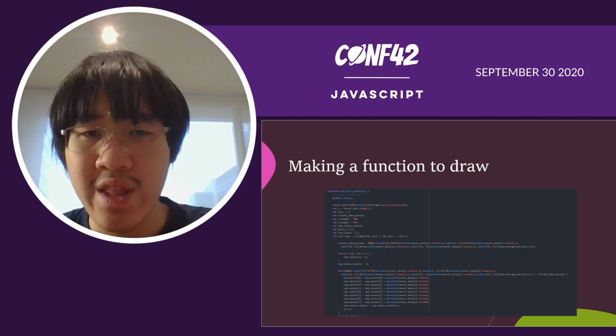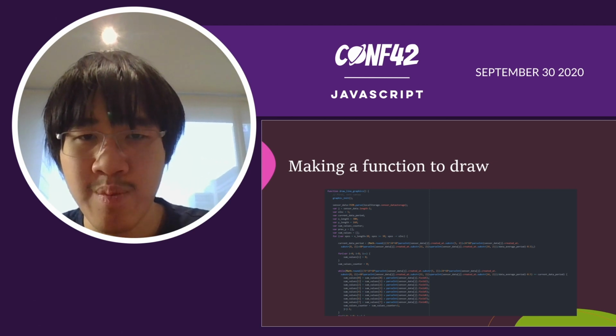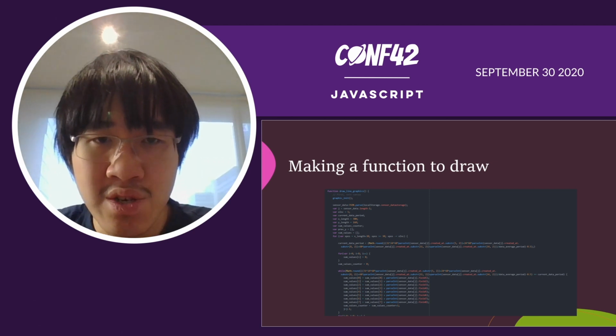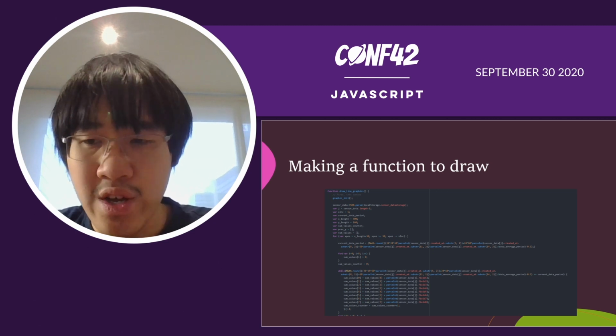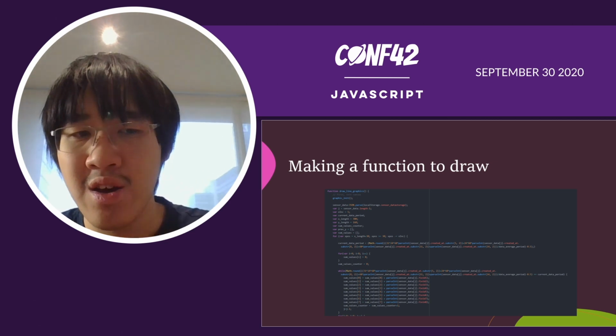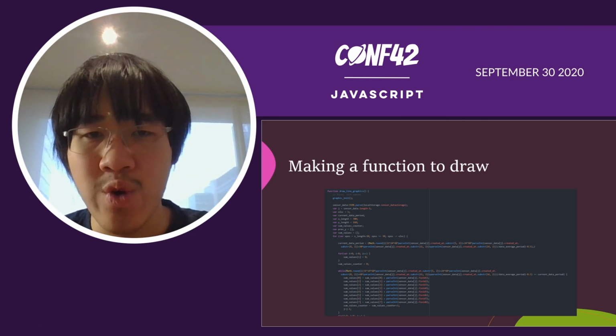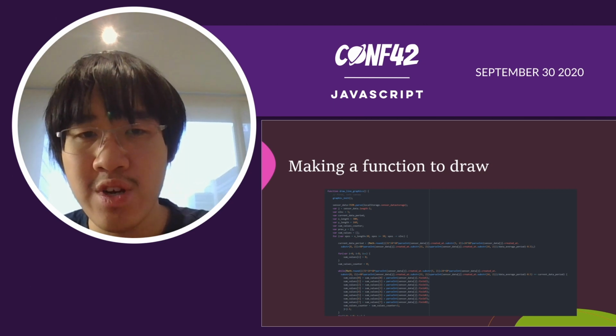All right, and we then move on to making a function to draw. Now this is where it starts to get pretty interesting. This is where we start to put a whole drawing feature into the graphics library. As you can see here, we define a function called drawLineGraphics. What we do over here is we first initialize